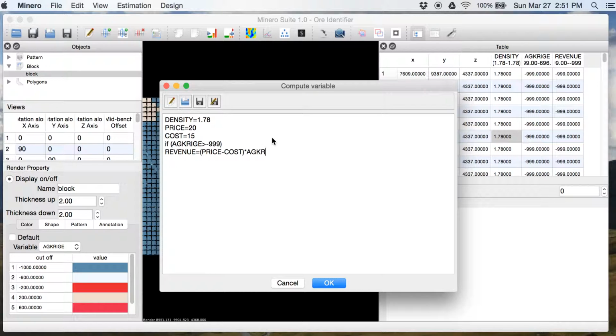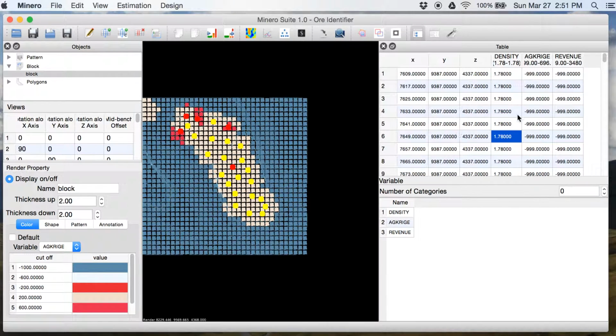Otherwise, where there is no AG krig, let's say revenue equal to minus 99. So now in the blocks where we have AG krig, we will have revenue as well.